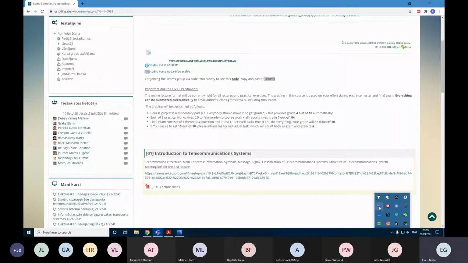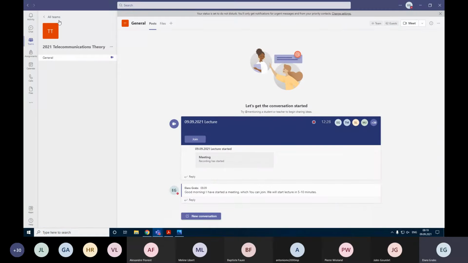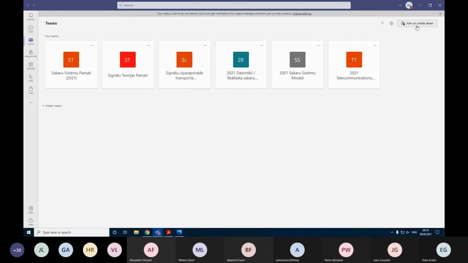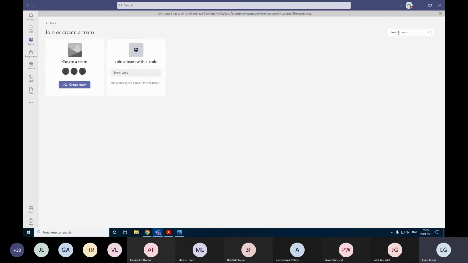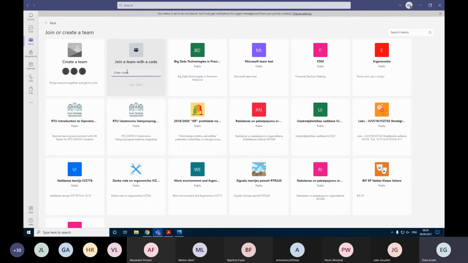So you open Teams, log in with some account you already have, and then you press here, join or create a team. Yes, and you can join a team with a code. So here you paste that code and try to join. Now I'm not sure if you can join as a guest, but at least you can try, and maybe this will help you. Yes, and ideally, I think you should all have some RTU accounts, which definitely can be used